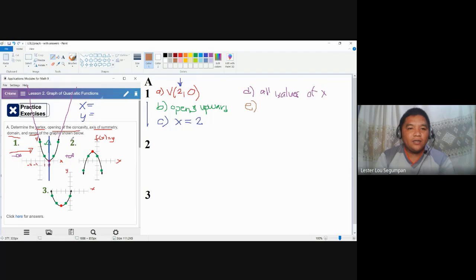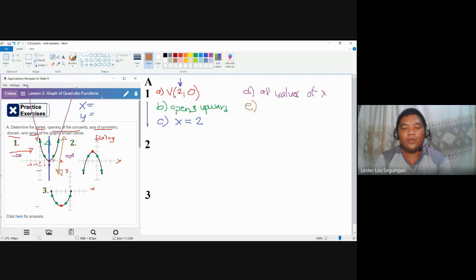From top to bottom, where does the value of y go? But we don't have the graph here. The graph changes direction at this point. In short, it did not reach the value of y equal to -1, y equal to -2, y equal to -1,000,000, even values of y equal to -1/2, -1/3, -1/4. It did not reach there because the graph from here changes direction. So what are the values of y now?